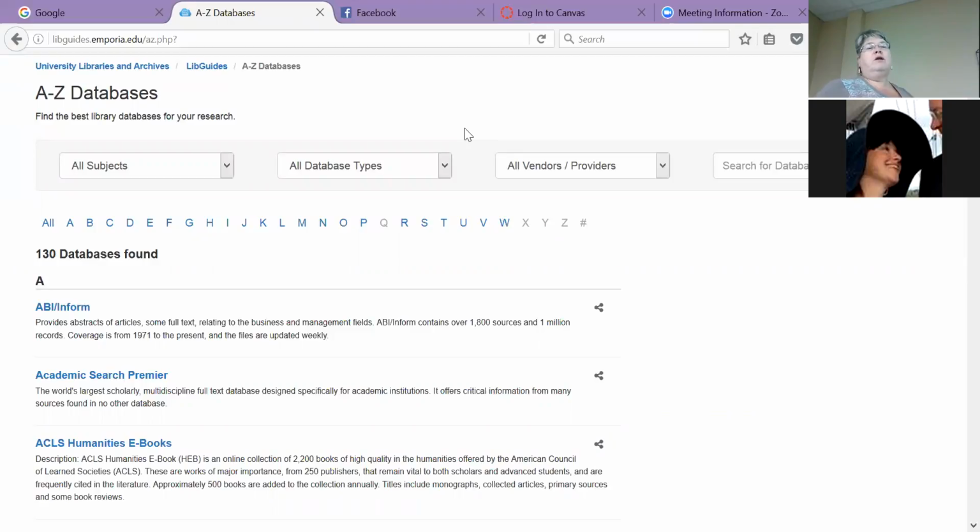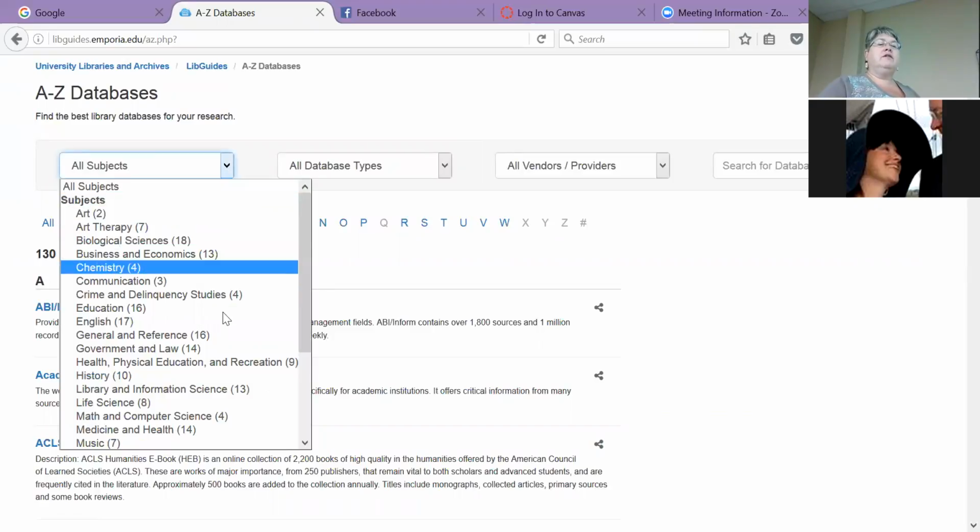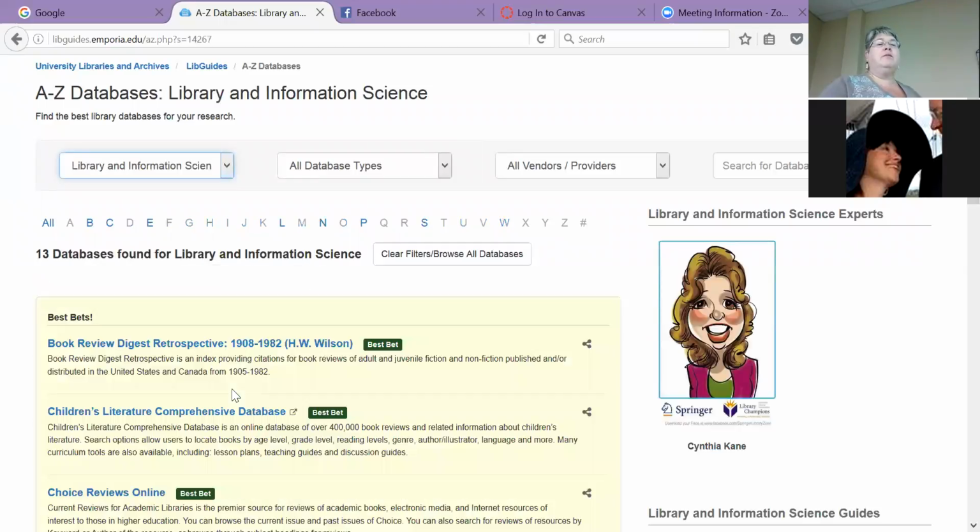What 130, which one of those do you pick? And so one of the things that our A to Z list does is you can limit it down to the various subject areas. So if you're a SLIM student, you can limit it down to library and information science. If you're a psychology student,